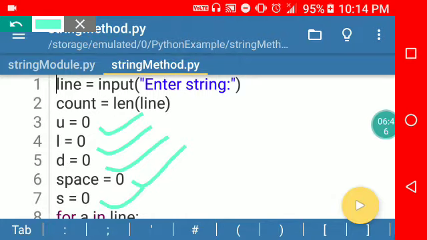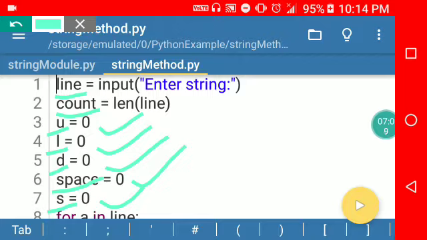So now I am going to start one by one. First I have written some variables: line, count, U for uppercase, L for lowercase, D for digit, space, and S for special character.